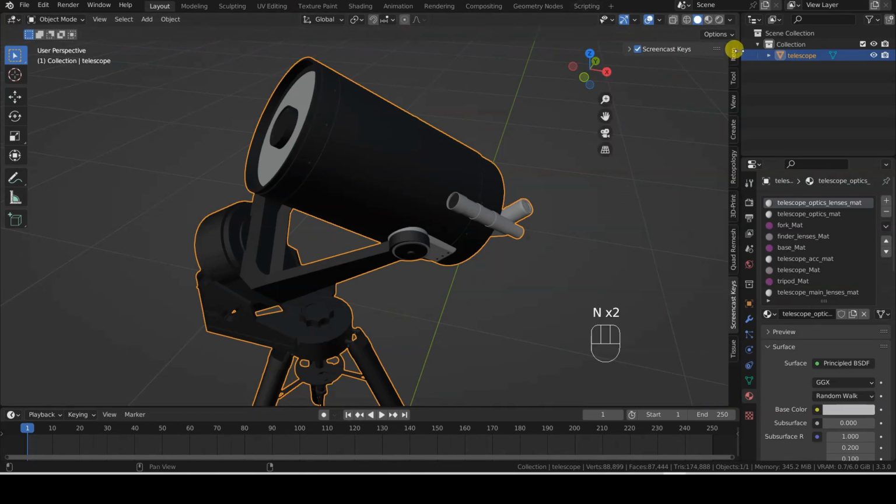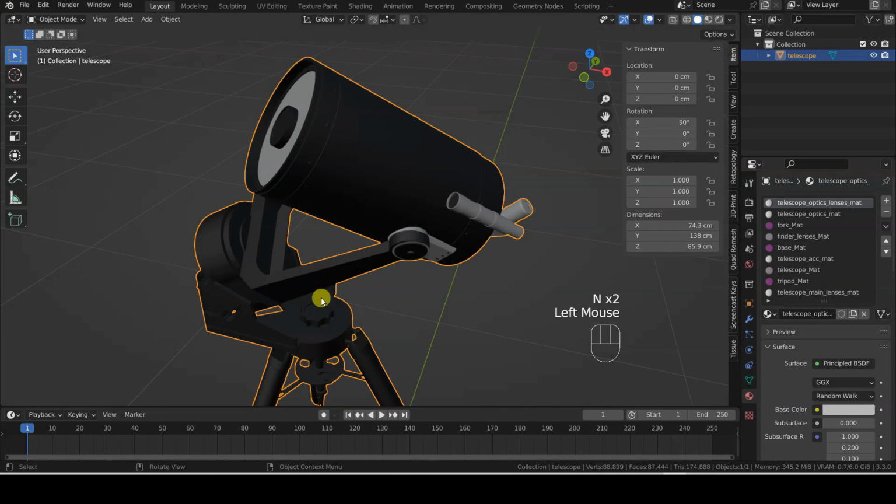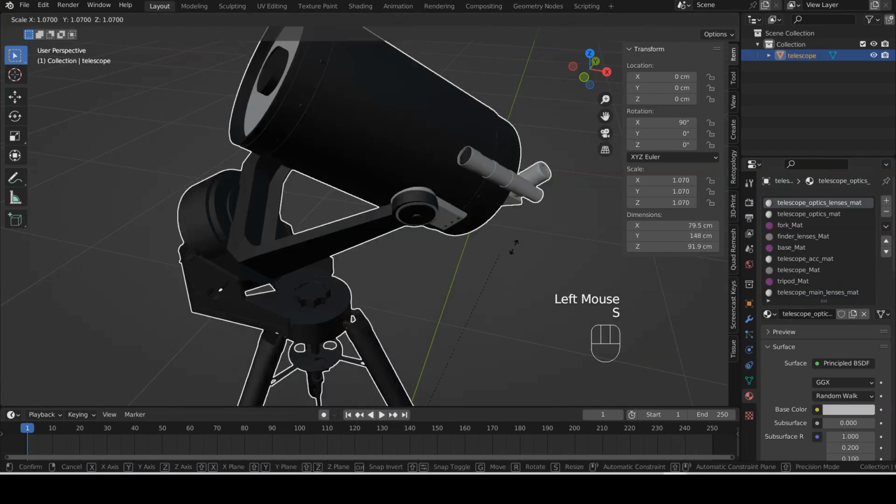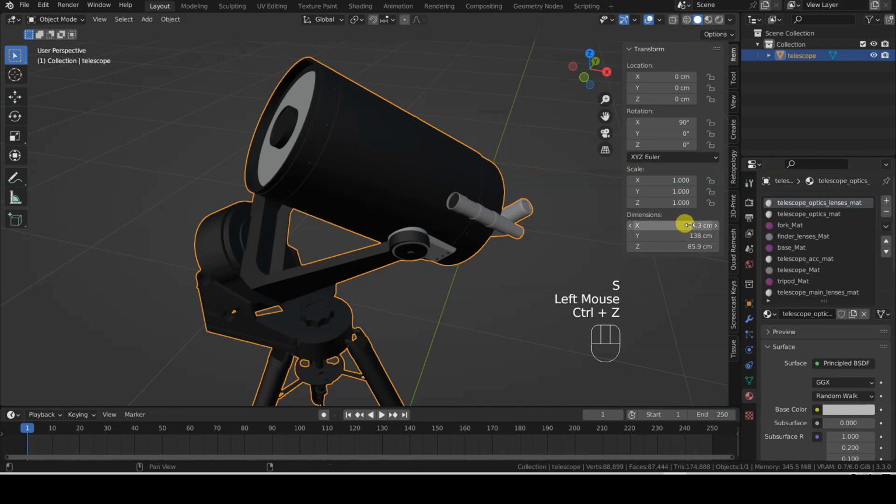Now let's see how to apply rotation and scale transformations to the model. Before doing anything else, let's verify the dimensions of the model in the scene, making sure they are consistent with the rest of the scene. If they do not fit well, we resize the model. Having done that, we check the rotation and scale properties of the freshly imported 3D model. That is, we make sure that the rotation values are set to 0 and the scale values are set to 1.